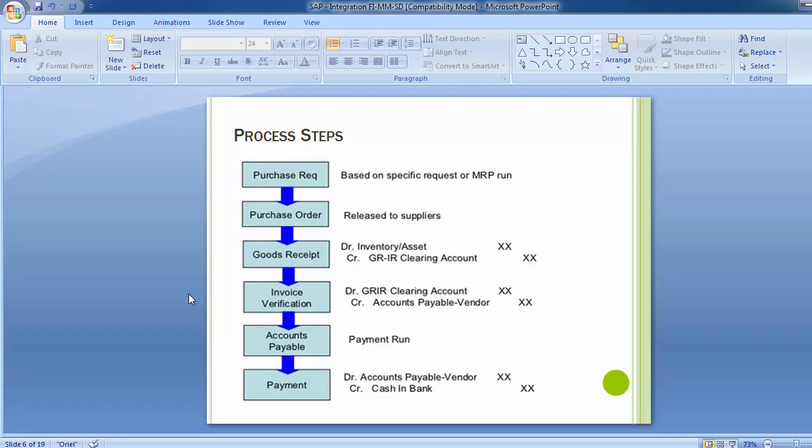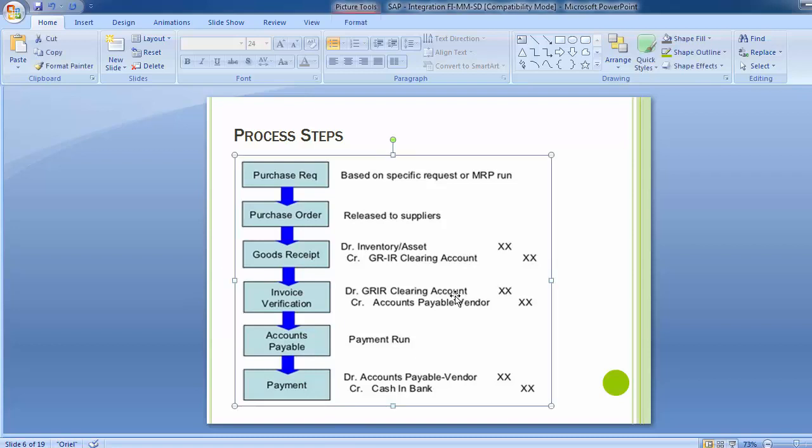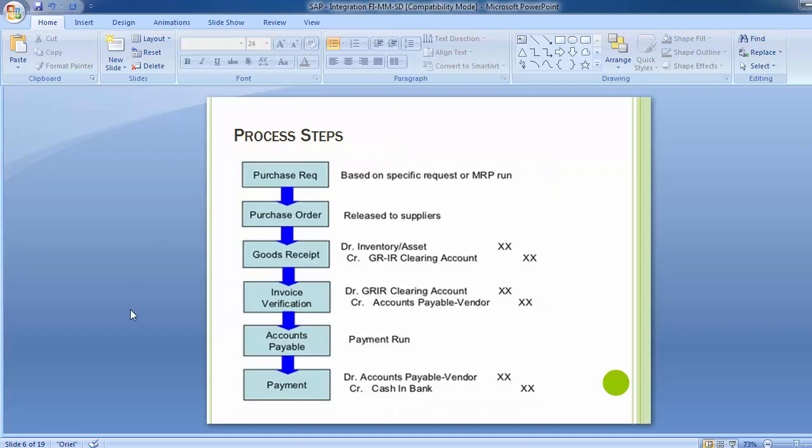When we process the payment to the vendor, the vendor account gets debited and the cash or bank account gets credited. So you can see over here that on the goods receipt and the invoice receipt, the GRIR is credited and the GRIR is debited. So ultimately it gets knocked off, meaning it gets set off against each other.